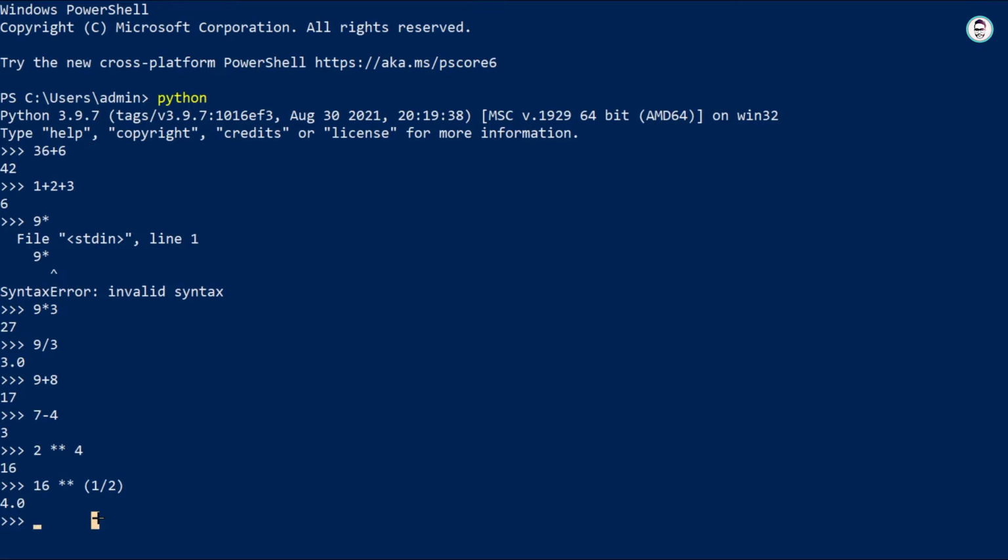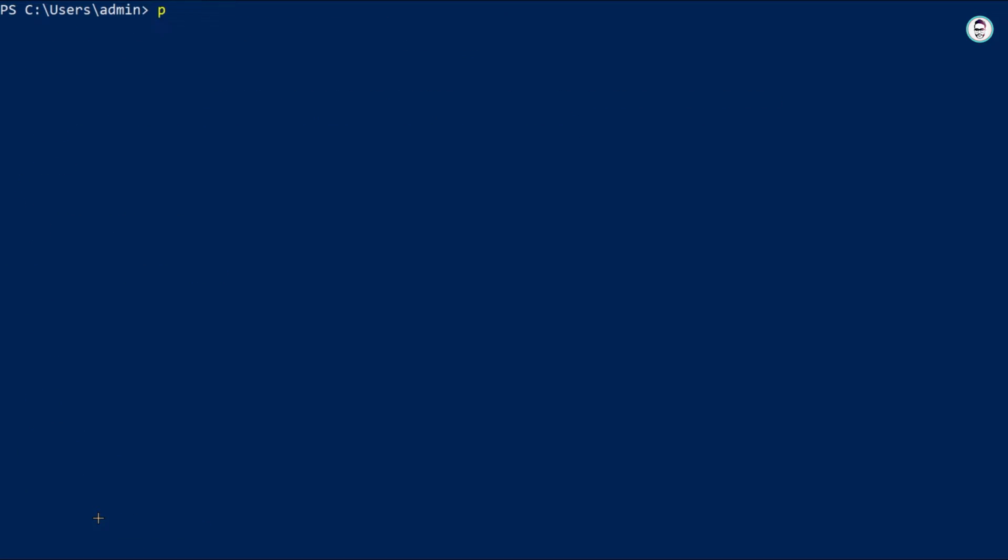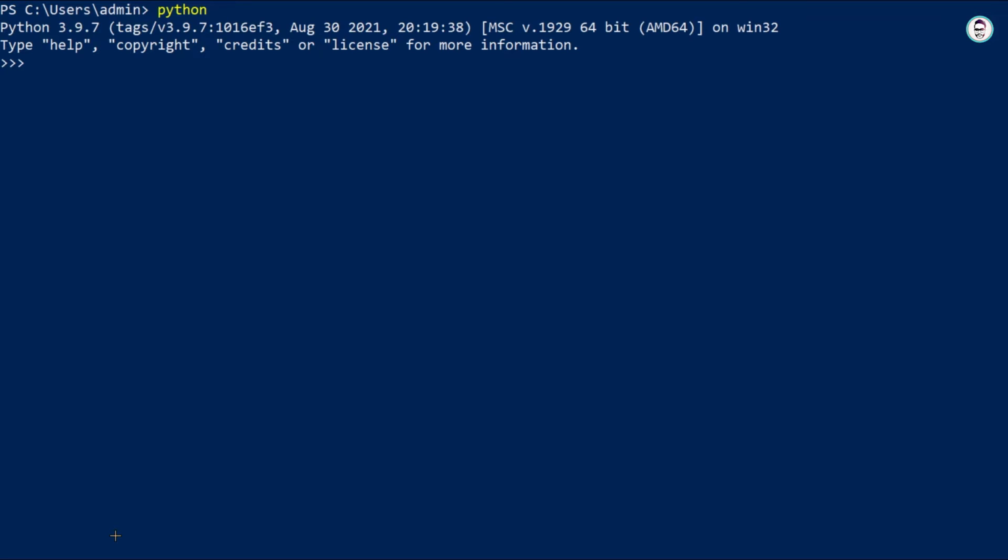Now let us go to variables. What are variables? Let us go to Python again. Variables are basic containers. It is like a storage unit. Like you store your food in a box. The box is like a variable. So if we write box is equal to